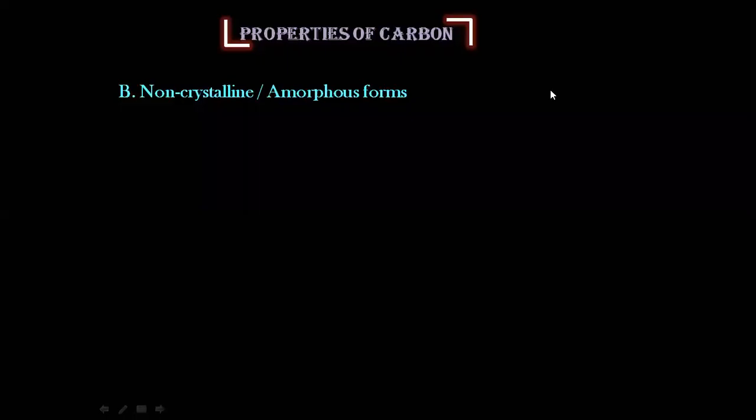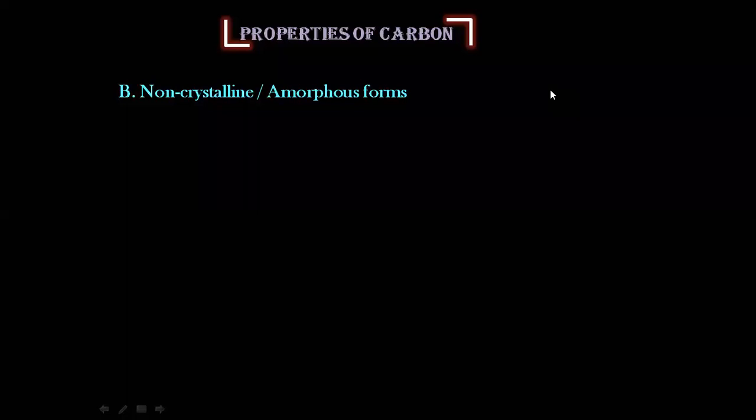So my dear students, in the previous class, we had finished with the crystalline forms of carbon, where we were studying allotropy. Under allotropy, there were two types, amorphous and crystalline. Crystalline we have already completed, where we've studied three examples, diamond, graphite, and fullerenes, whose structure, uses, and how the bonding is there, along with the properties as well.